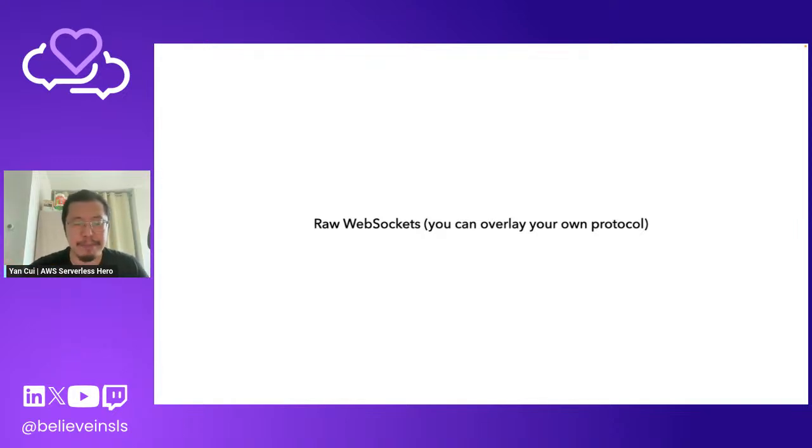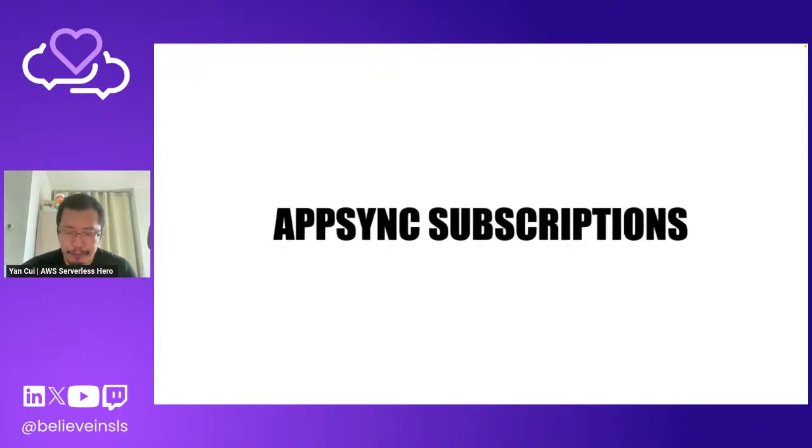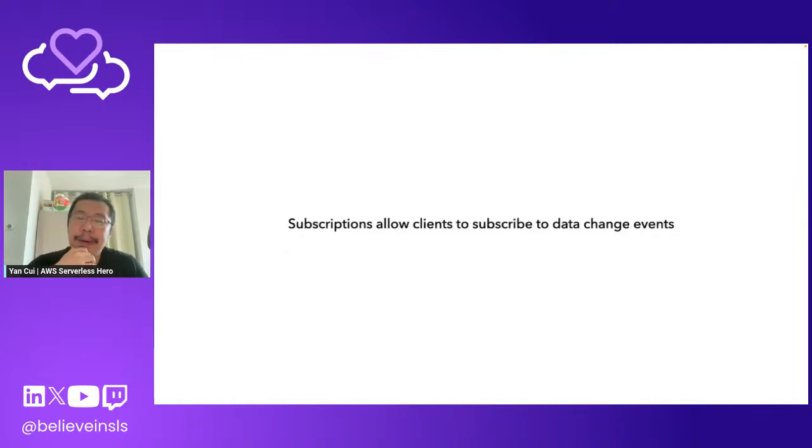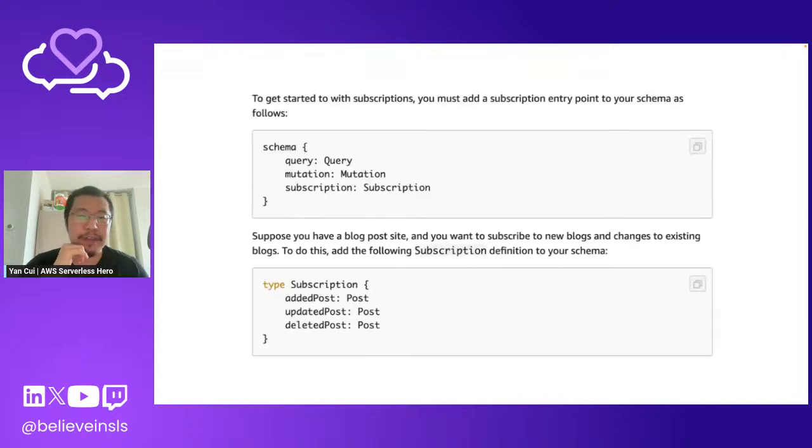All right, so another popular option for implementing WebSocket serverlessly on AWS is to use AppSync subscriptions. So it basically is a mechanism that allows the client to subscribe to data change events you have on the backend. And it's actually part of the GraphQL schema. So you specify in your GraphQL schema a subscription type, and then the different subscription actions or updates you can